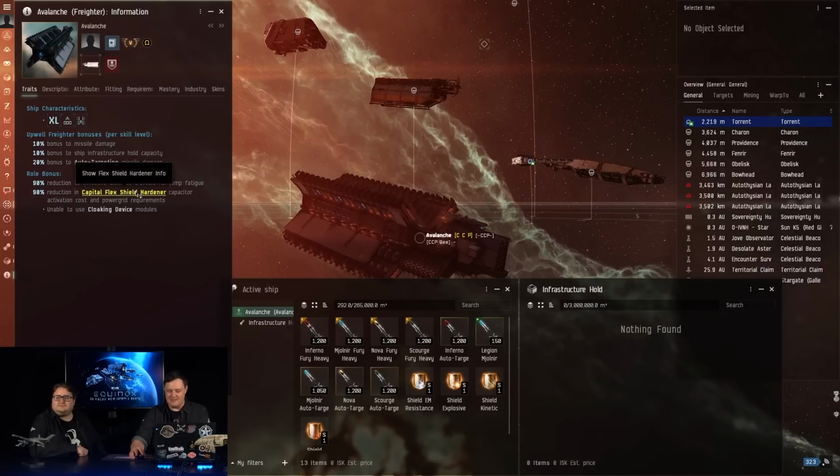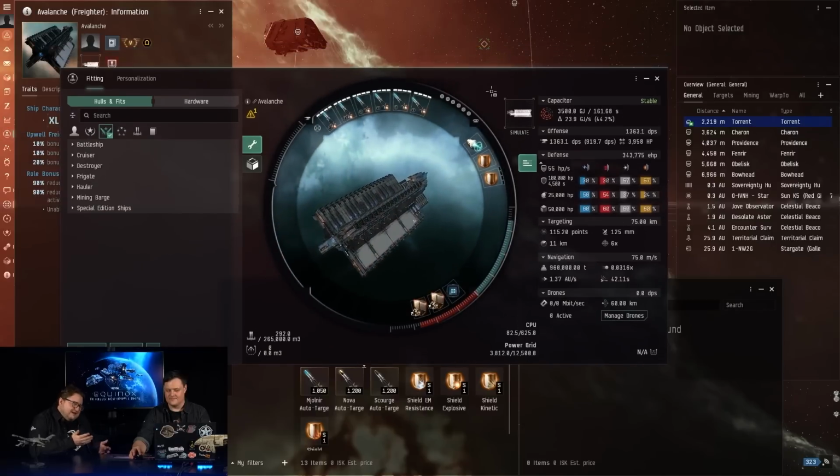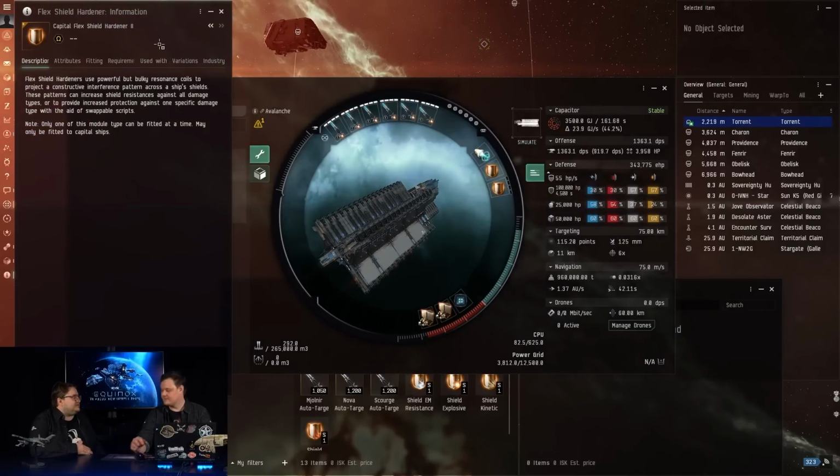Can you tell us what a Capital Flex Shield Hardener is? Yeah, so the Capital Flex Shield Hardener is a module. It's a capital only module, at least until now. Well, the Avalanche is still kind of a capital, but yeah. It's essentially a shield hardener that you can script to a specific resistance type if you want. So you can put a script in, you can say, I would rather defend against this specific damage